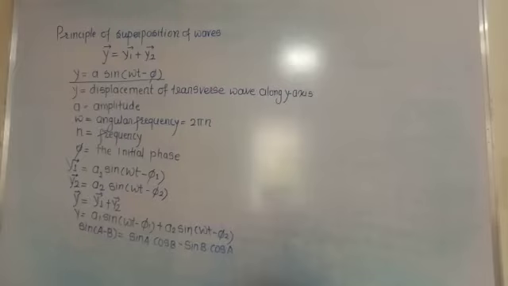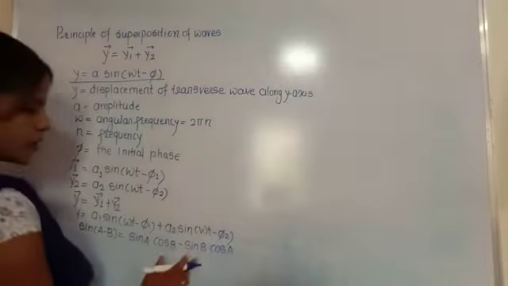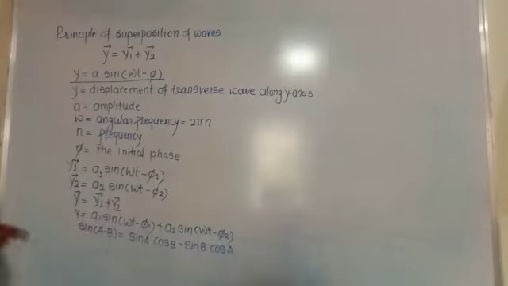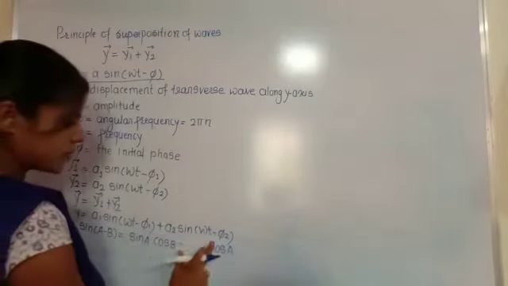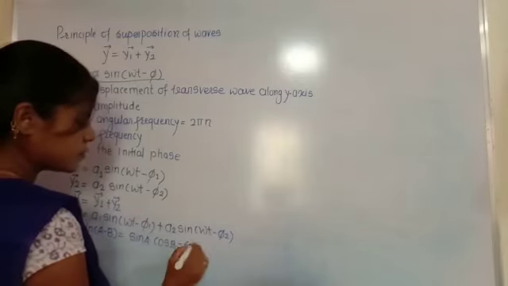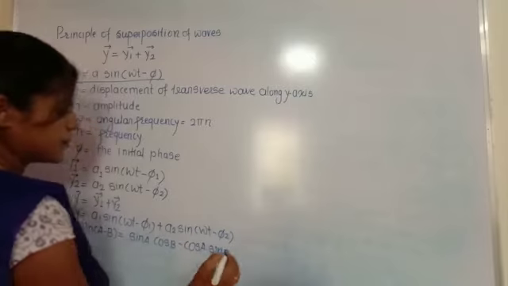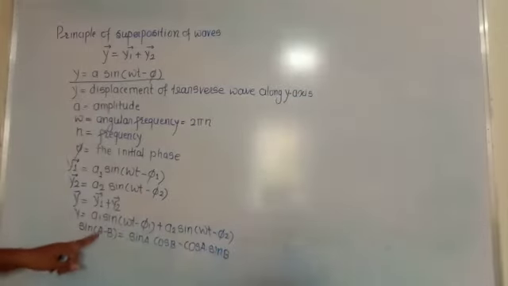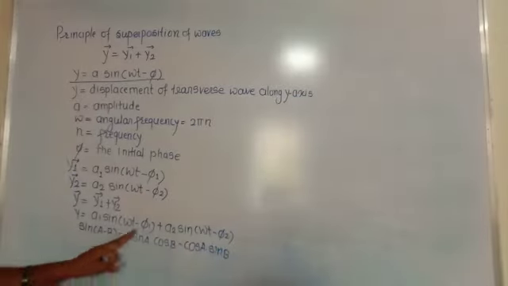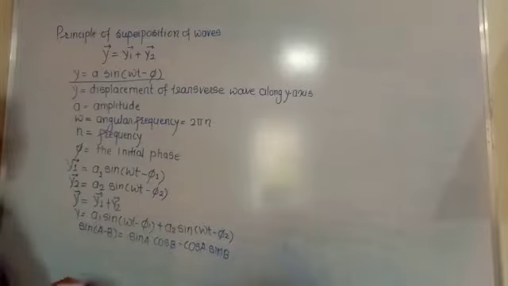This is the formula. By applying this formula, we take a equal to omega t and b equal to phi1. Therefore we get